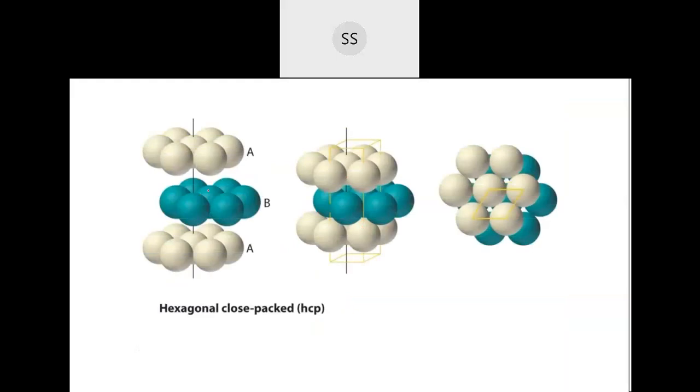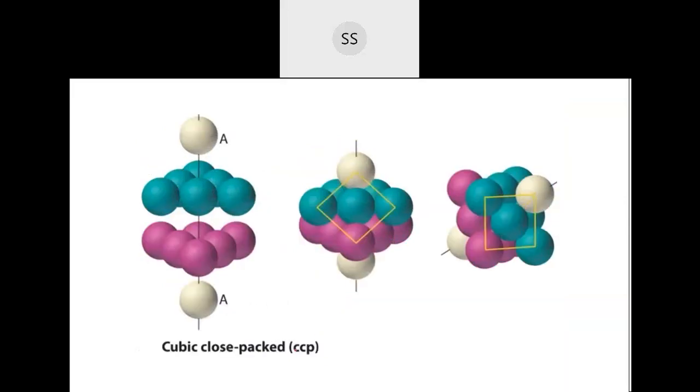Now I've shown here again the same thing, hexagonal close packing. You can see here how it gets stacked one above the other and you get a hexagonal kind of unit cell. So it is called HCP. And if you want to see for CCP, this is how the CCP lattice is. If you tilt that, this is A, B, C, again A, B, C will get repeated.